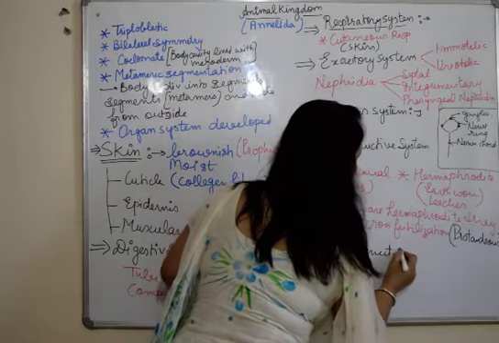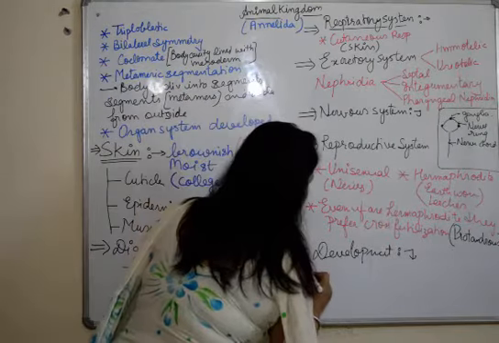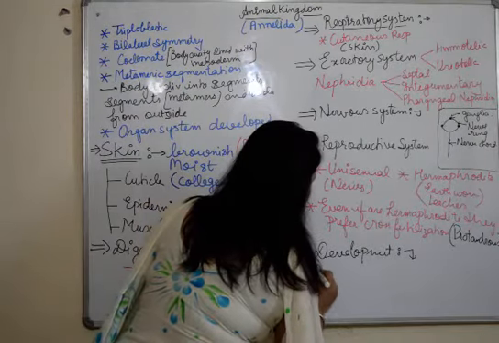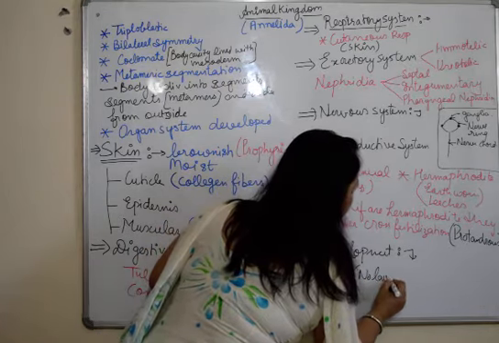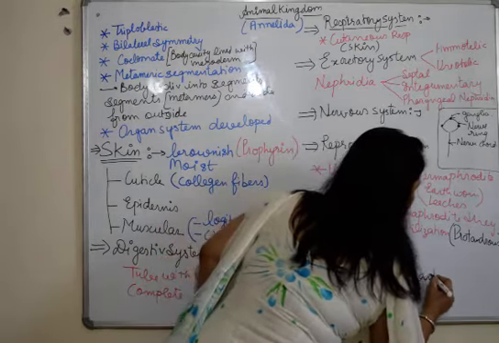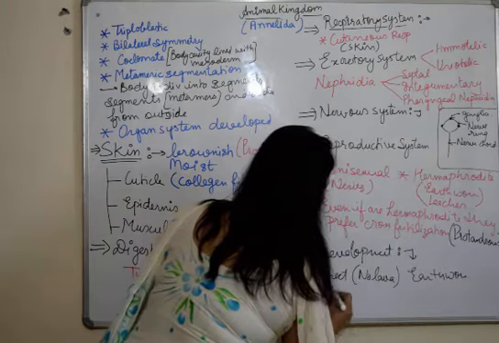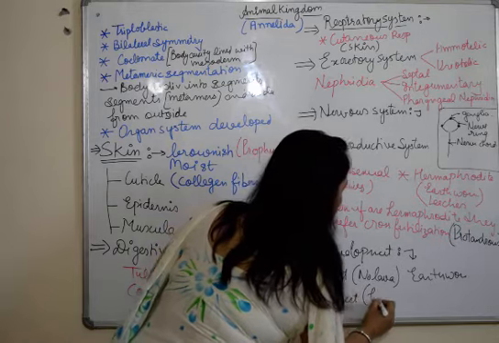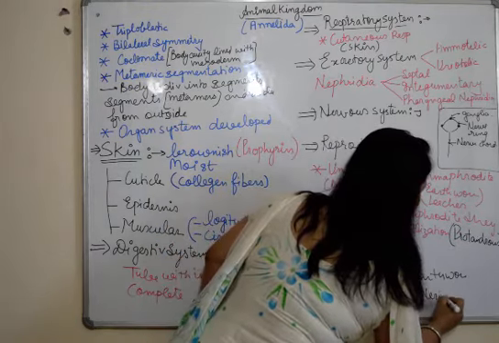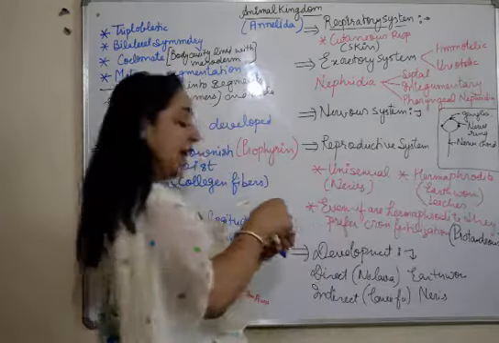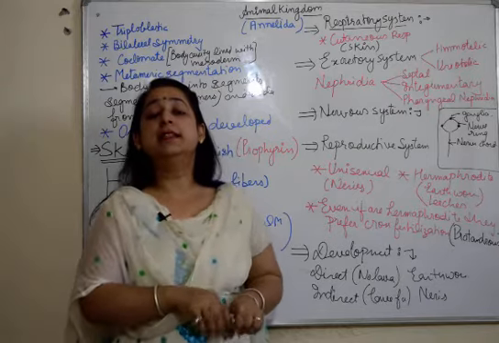Then the last type is the development which takes place. Development in case of annelids can be both. It can be direct development, wherein no larva is formed, example earthworm, whereas it can be indirect, where larva is formed, example Nereis. Now the larva in case of Nereis is the trochophore larva. We'll be discussing it when we take the example of Nereis. So that is the larval stage.